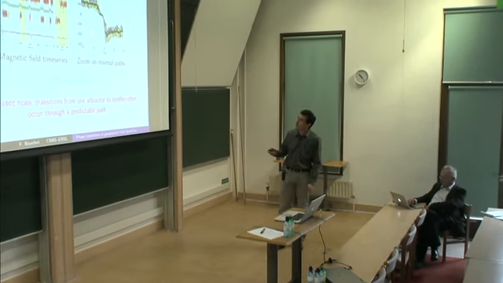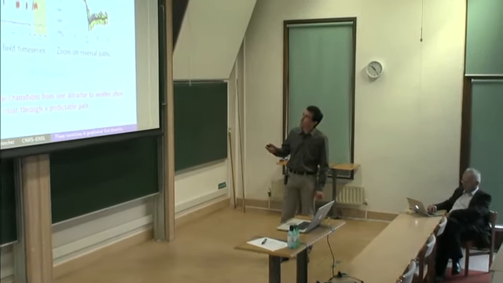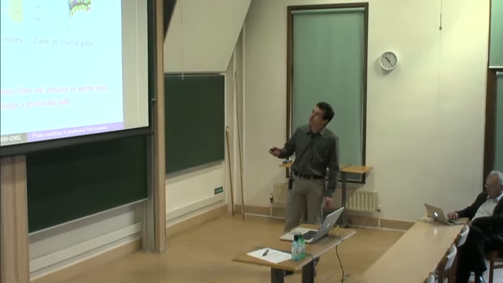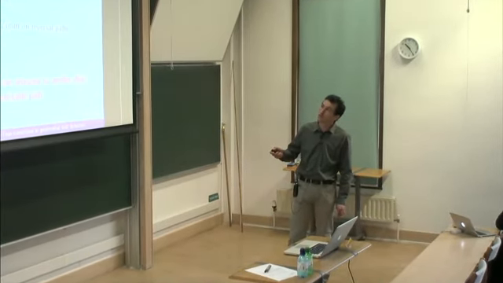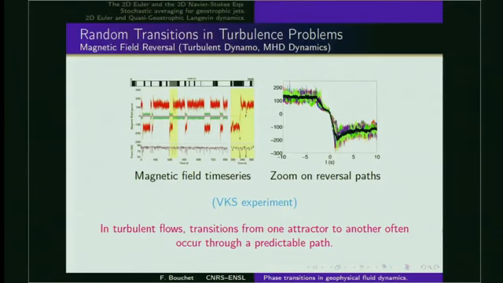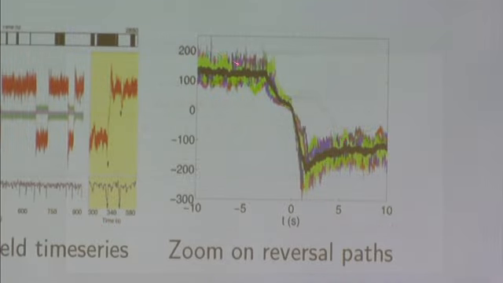So what our colleagues have done is to plot here what they call the reversal path, the path to go from one part of the phase space to the other, from one attractor to the other. And they have put on top of each other all these transition paths, and you can see that these transition paths are somewhat predictable. The fluctuations here, when the transition occurs, are way smaller than the typical fluctuation for each of these attractors. And the dynamics has quite a specific shape.